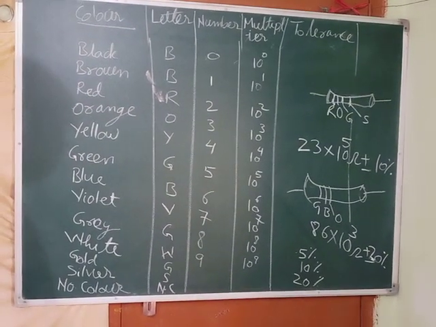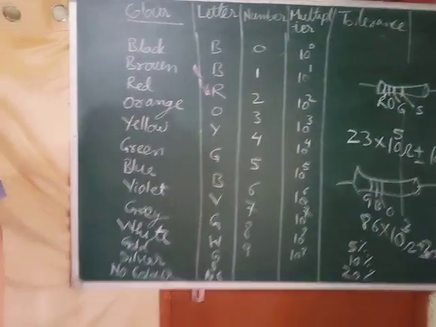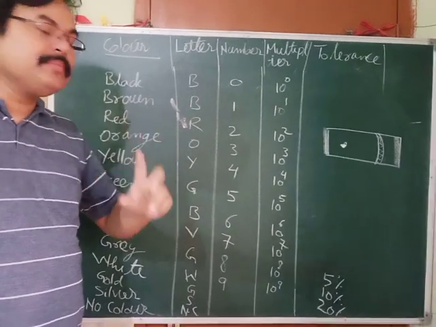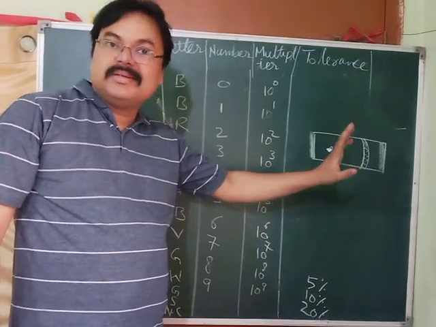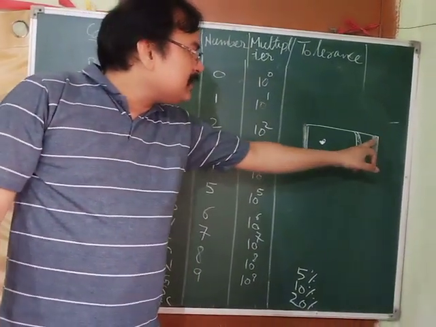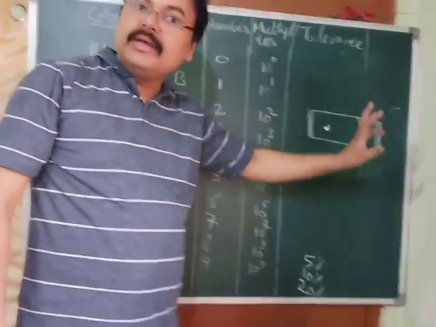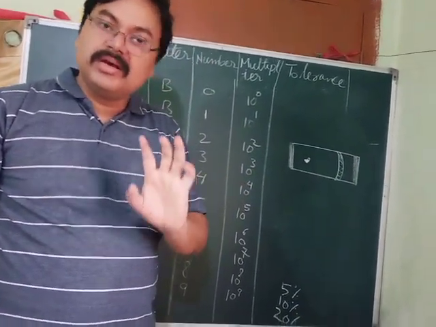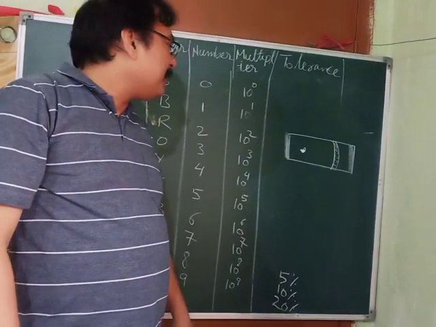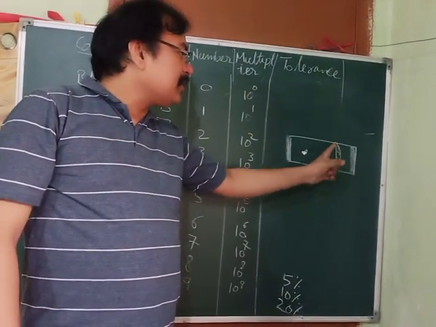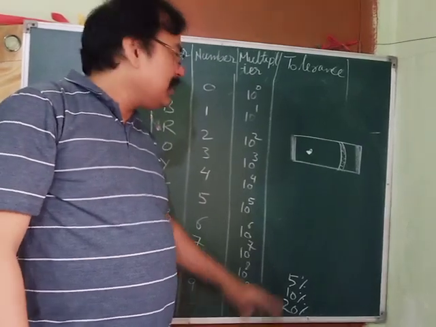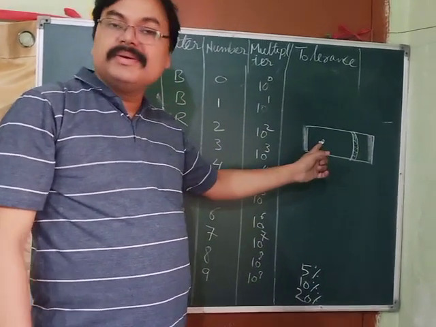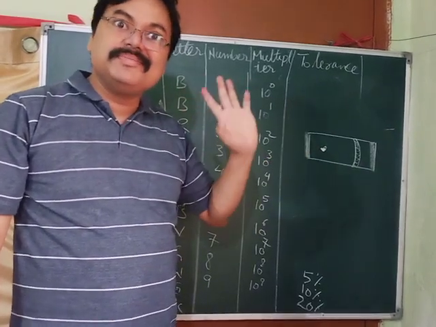See, the second type, I have told you in the beginning only, there are 2 types. Second type you will find like this. What is there? The ends are colored. Both ends will have the same color. These 2 ends have the same color. Clear? And there is a ring also. One colored ring is there. The body has got another color. And there is a dot over here. This is also colored.